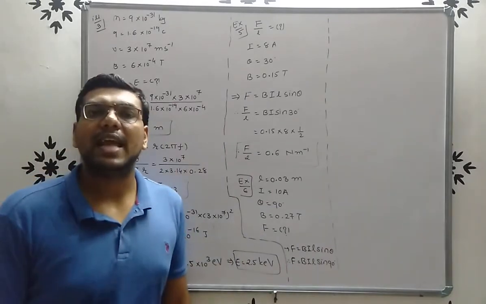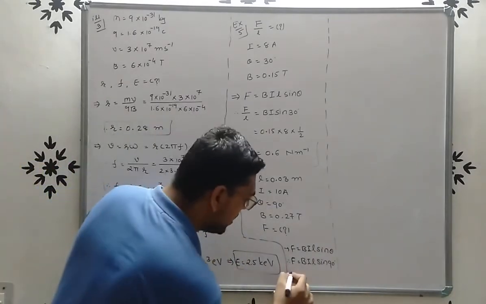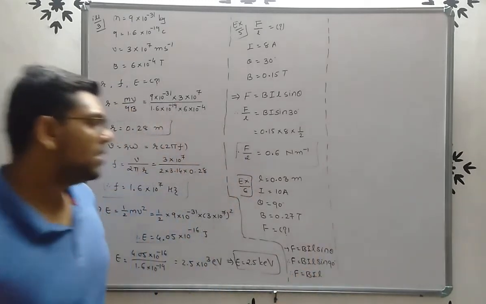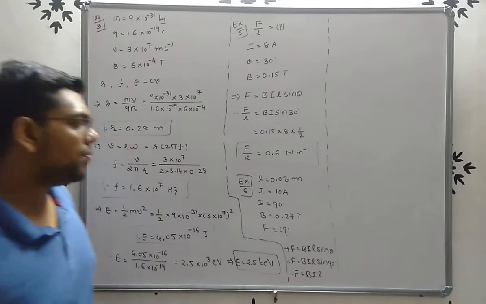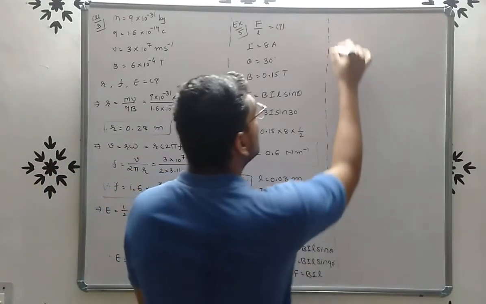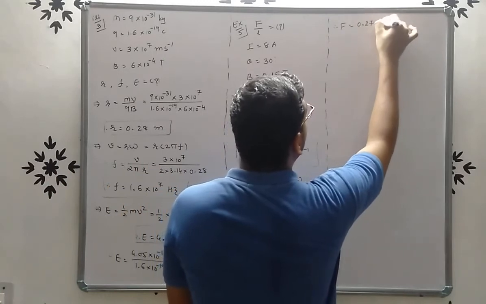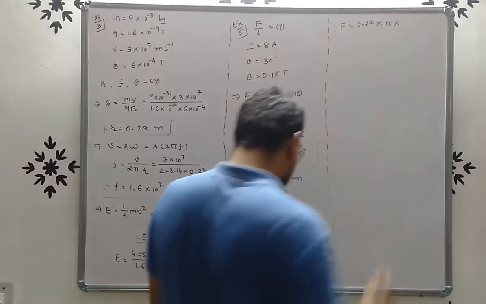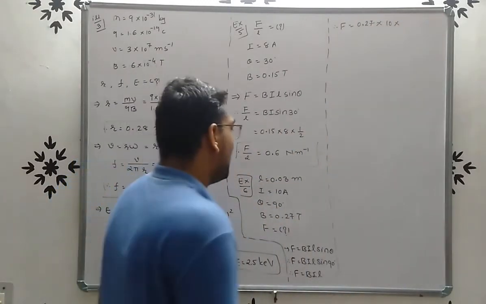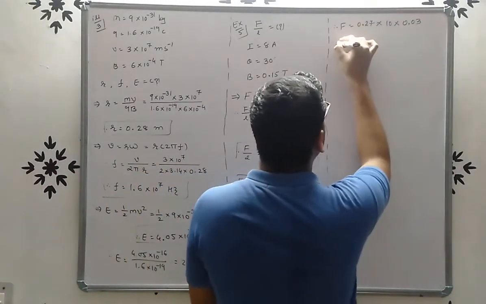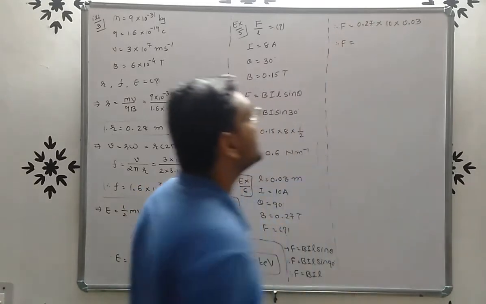But we know that sin 90 is 1. So here force F is equal to BIL, right? So we know the value of B is 0.27, so F is equal to B 0.27, current I that is 10, and length 0.03. So if you solve this, you get